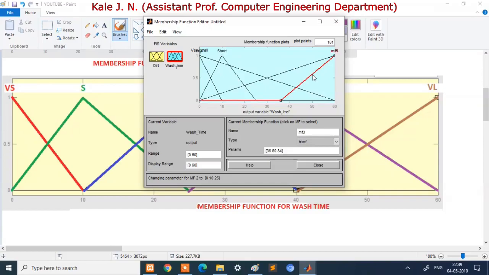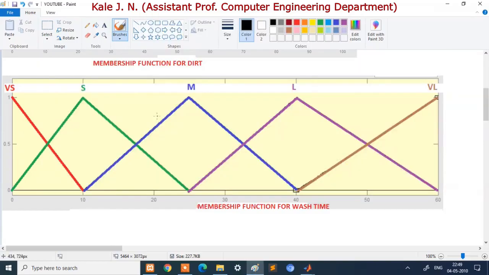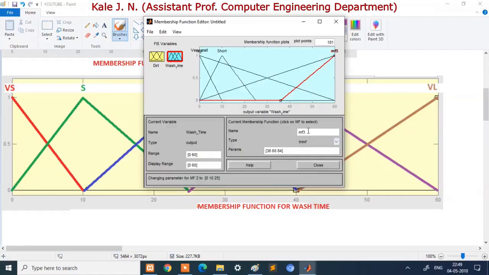Then let's modify the third membership function. So which is our third membership function? Medium. This medium membership function is defined by again 3 points. What are the x coordinates of those 3 points? Here it is 10, then here it is 25 and 40. So let's rename MF3 to medium, then modify the parameters.